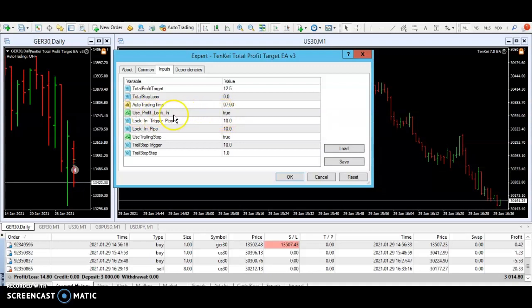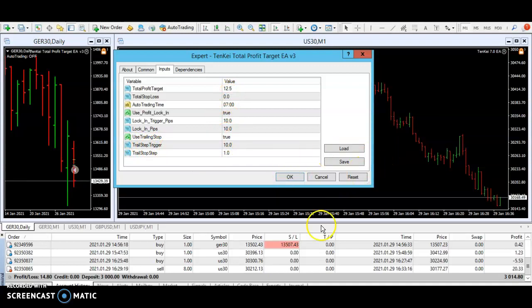And then we had these parameters in here where we said, yes, it's true, we would like to use the profit lock-in, and what we want is to lock in profits when it gets to 10, and we want it to trigger itself when it gets to 10, and we want to lock in the pips or points when it gets to 10. And yes, we would like to use the trading stop, and also the trail step trigger would be 10. So once the price went to 10 from here to, let's see, we got here,